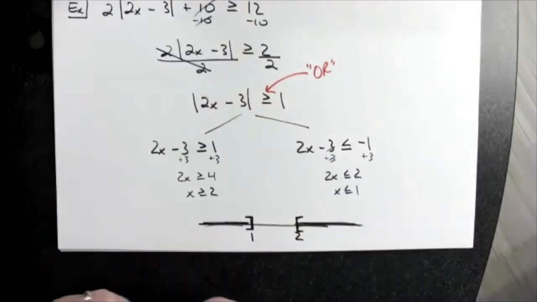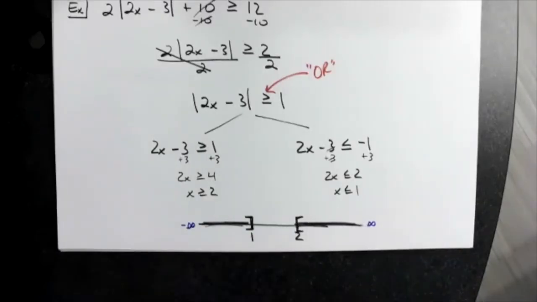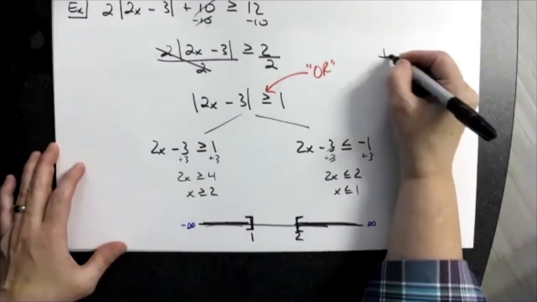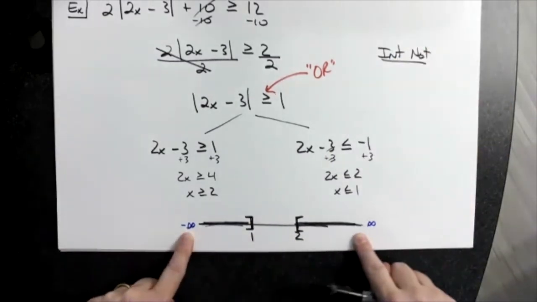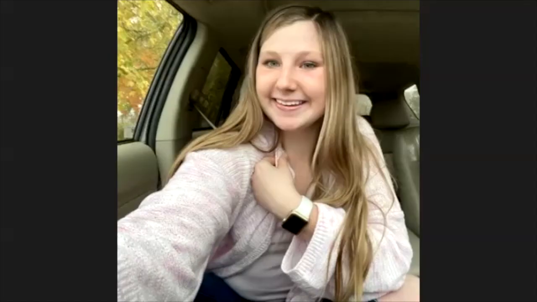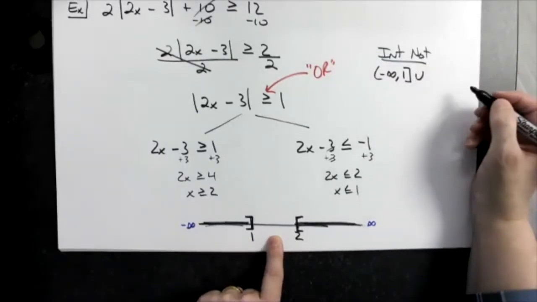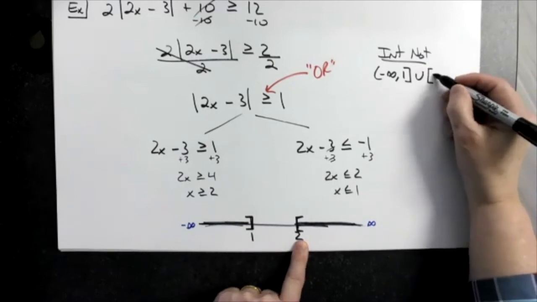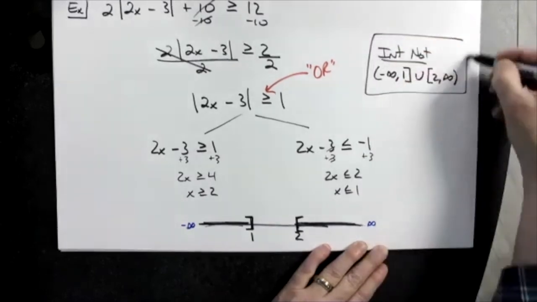Okay, then we just got to remember that what? Infinity is over here. Infinity is over here. And when I go to interval notation, I'm going to put it right here. For a lack of a better place to put it, I'm just going to literally read off my number line section first. I'm going to have negative infinity all the way up to 1. Skip over these numbers that are in the middle. Go with my square bracket, 2, all the way up to positive infinity. So that's going to be my